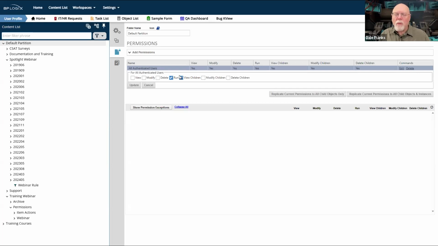But for everybody else who is not either a partition administrator or a system administrator, you're going to need to create the appropriate groups like implementers and process managers and whatever it is. And for each of those groups, you can give them slightly more expansive permissions to view, modify, and delete in the content list. So for process managers, I might have a group called process managers.